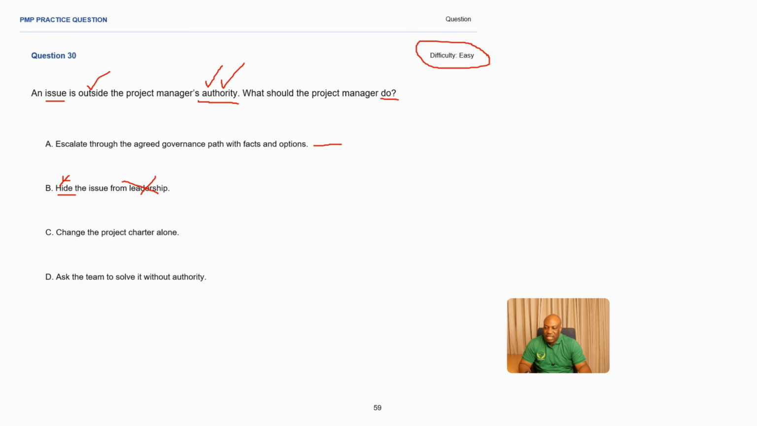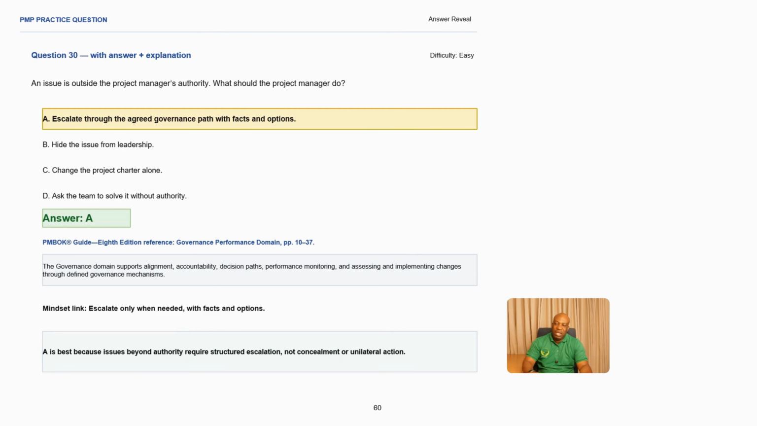Change the project charter alone. Okay. Project charter, once it's approved, you cannot just go and change. It has to go through the change process. So this one cannot be the correct answer in this scenario. Ask the team to solve it without authority. Don't violate anything in a project or try to bypass anything in a project, including authority, making this an incorrect answer. So the best answer in this scenario is actually A, which is to escalate through the agreed governance path with